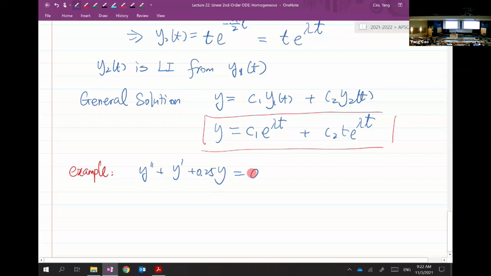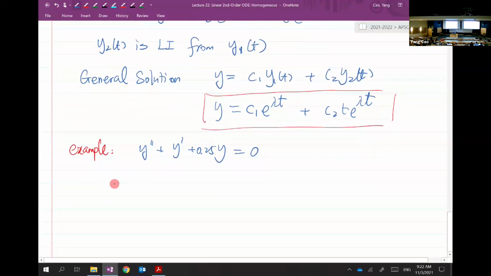Okay, let's say we have a second order differential equation taking a format like this. First step, you write down the characteristic equation, based on the coefficients of the equation. And then you can apply the formula to calculate the lambda. Or you can, if you observe, and you probably will be able to observe that this is